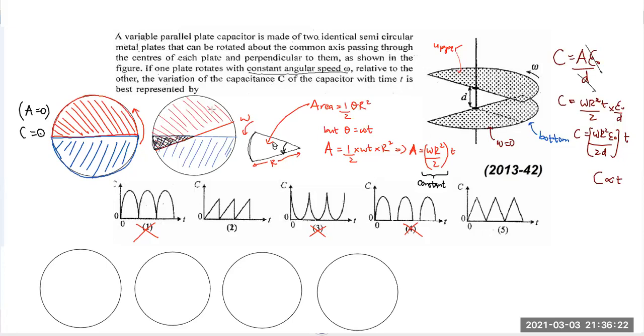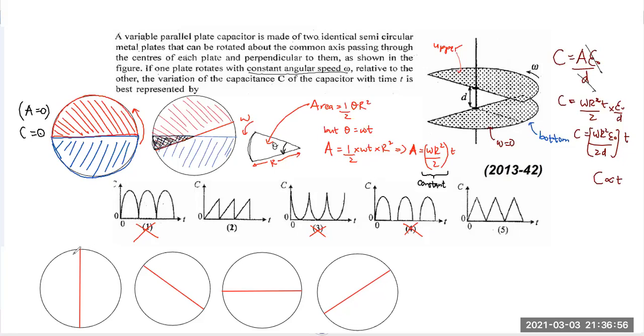Now first it will keep rotating and at one point it will come to this point. At one point it will come to this. It will be half like this, no? Right. And after a while it will look like this, the disk. And after a while it will be completely like this, completely on top of blue disk. And then again it will start doing this, and once again it will come back to this. Correct?